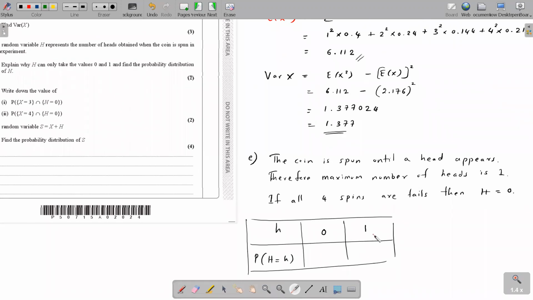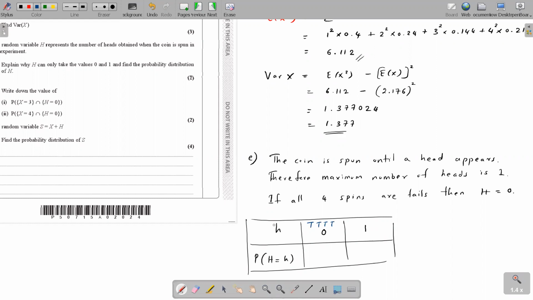Are you guys okay with what I'm saying? Talk with me and let me know the issues. So tell me how to get the probability of getting 0 heads. When do you get 0 heads in this experiment? 4 tails. If you get consistently 4 tails, that's the only way to get 0 heads, isn't it?